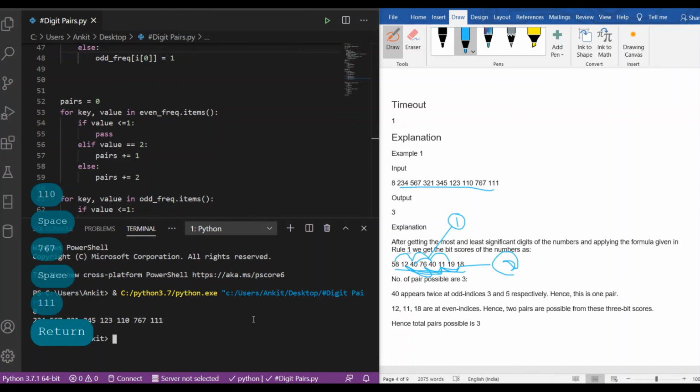So as you can see, the accepted output is 3 and the output from the program is also 3. So in such a way, we have solved this problem.